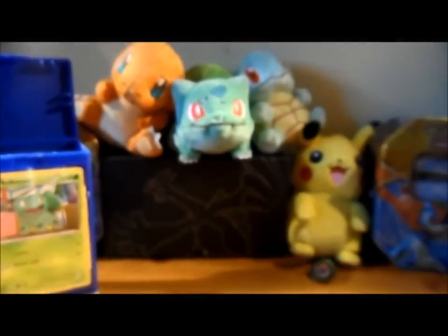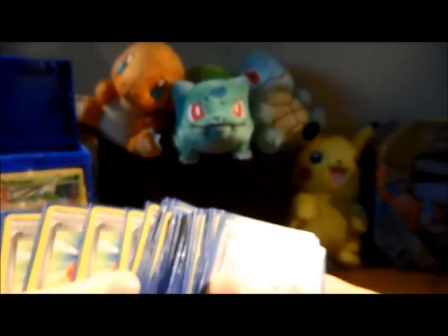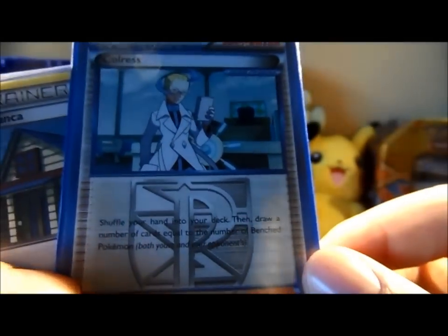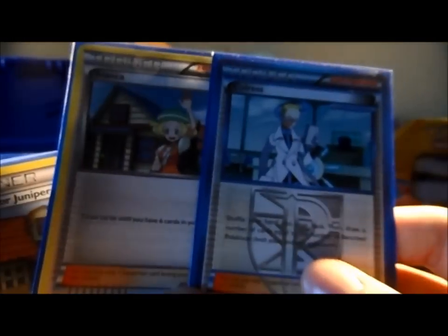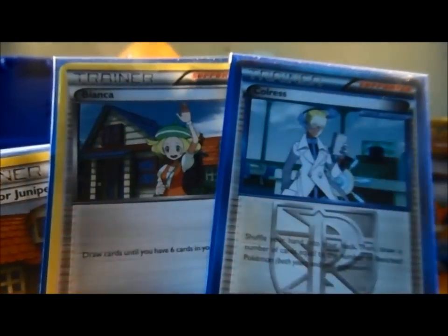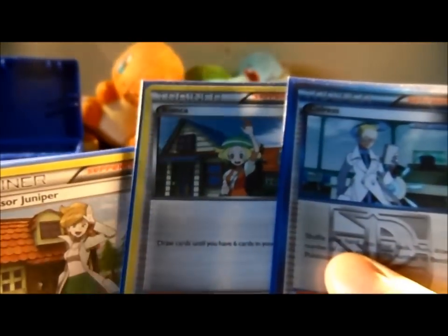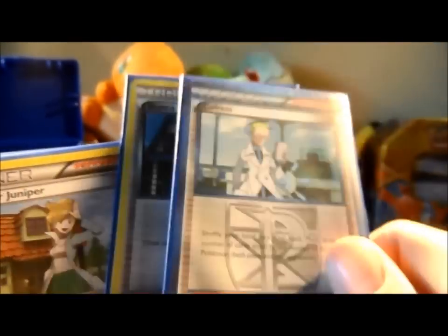Next, go on to supporters and trainers. So I run one Chorus. I was thinking of doing two, but I'm not sure because I've got Bianca as well. So I've got one Bianca, one Chorus. Both seem to be alright. I'm not sure if I would want to take one out for the other. I probably would take the Bianca out and put it in another Chorus, because